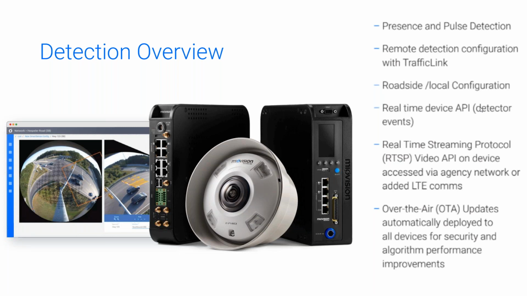We do have a local API, so if you were connected into, say, an additional system, often what Myovision does is something like an adaptive system. You can connect our detection directly into that, or you can even just over your own communication mechanism get a real-time data feed from our system through our local MQTT API. So you can take advantage of that as well. That's on the device directly. Usually what this is used for is for the detector events, so you can actually make use of those beyond just actuation at the intersection.